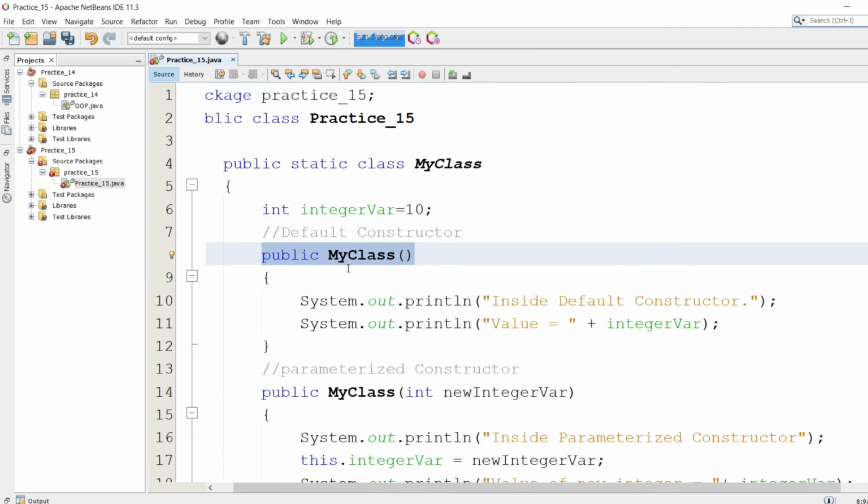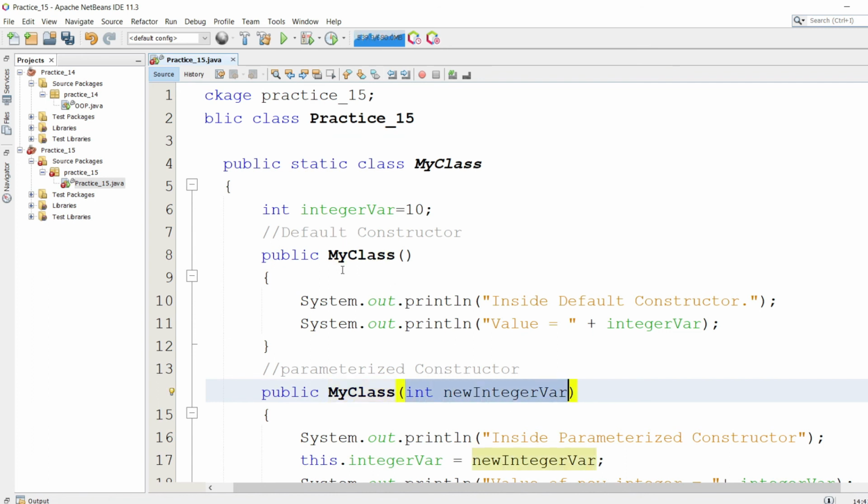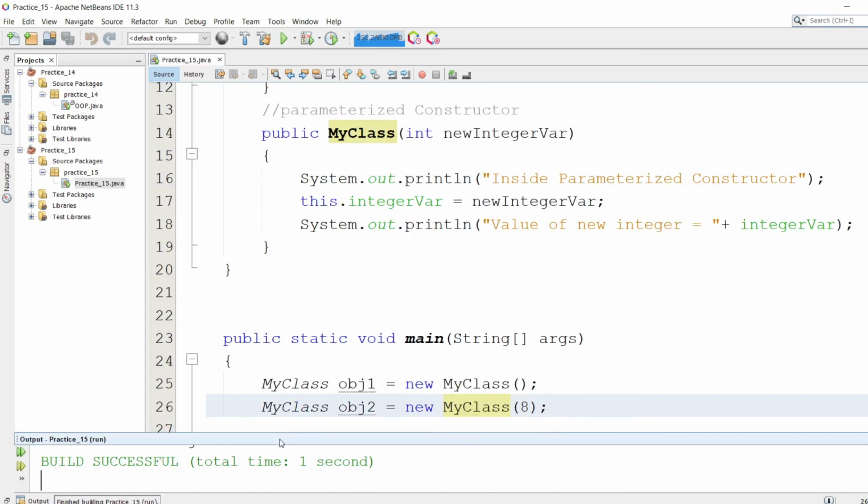So with the same name we can have multiple functionalities. If we use the same name but a different signature, where one does not take any parameter but this one takes one parameter, this concept is known as constructor overloading. So let's run this program.